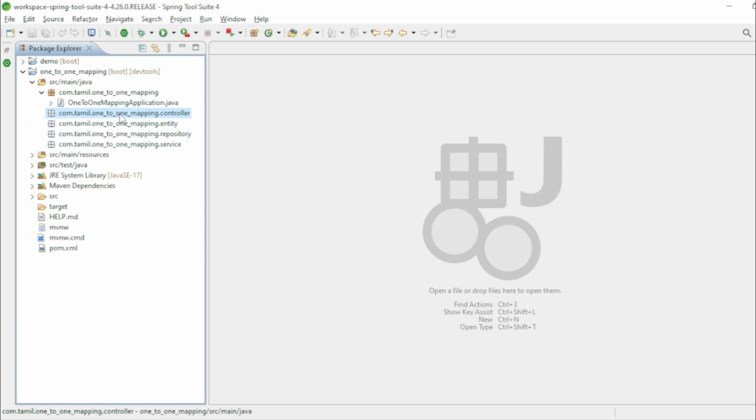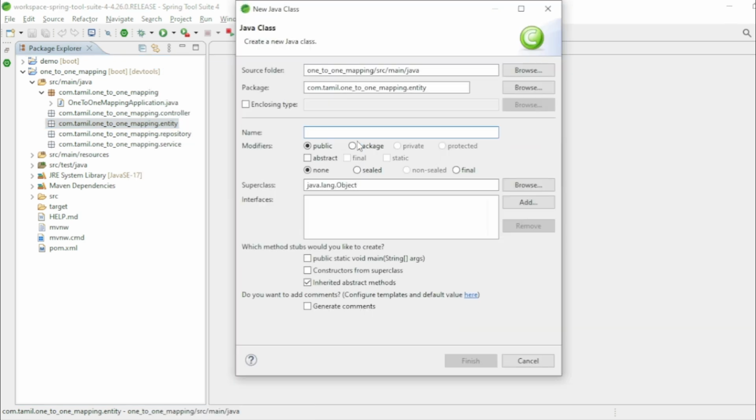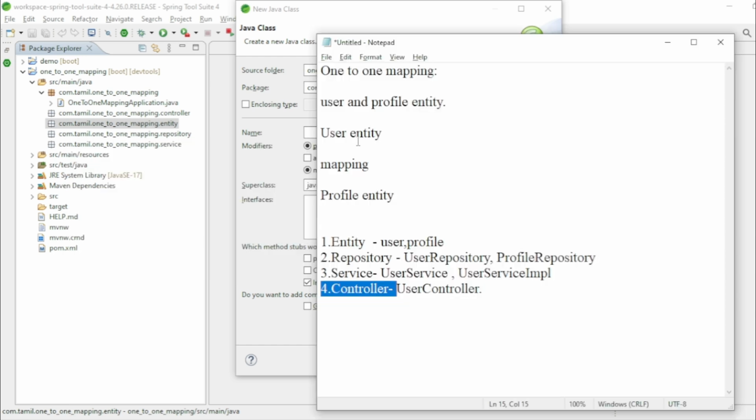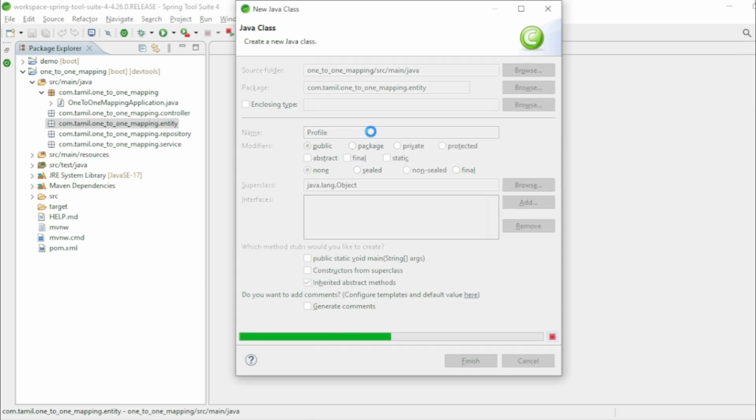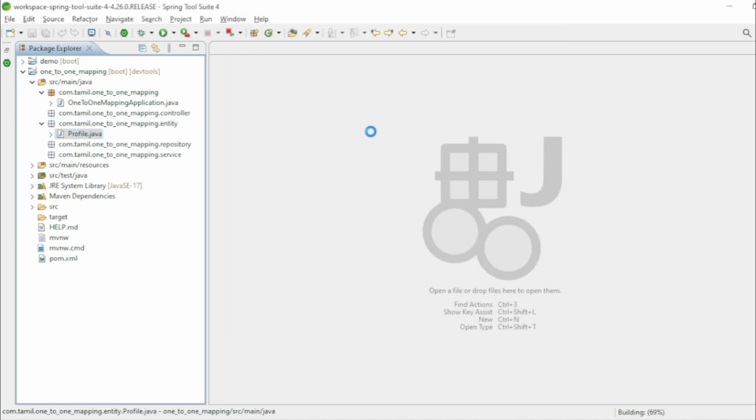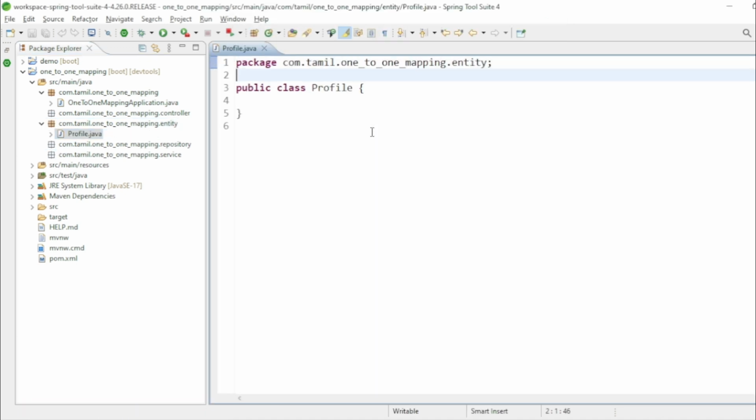Let's create the entity classes first of all. Right click the entity package and go to new, click on class. In the class name you need to create 2 classes. One is user, another one is profile. So first I'm going to create the profile entity class. In the profile entity class, since this is an entity, I'm going to give an annotation here, and for this annotation we need an import statement. Simply put the cursor on the entity word, and it shows the import statement,